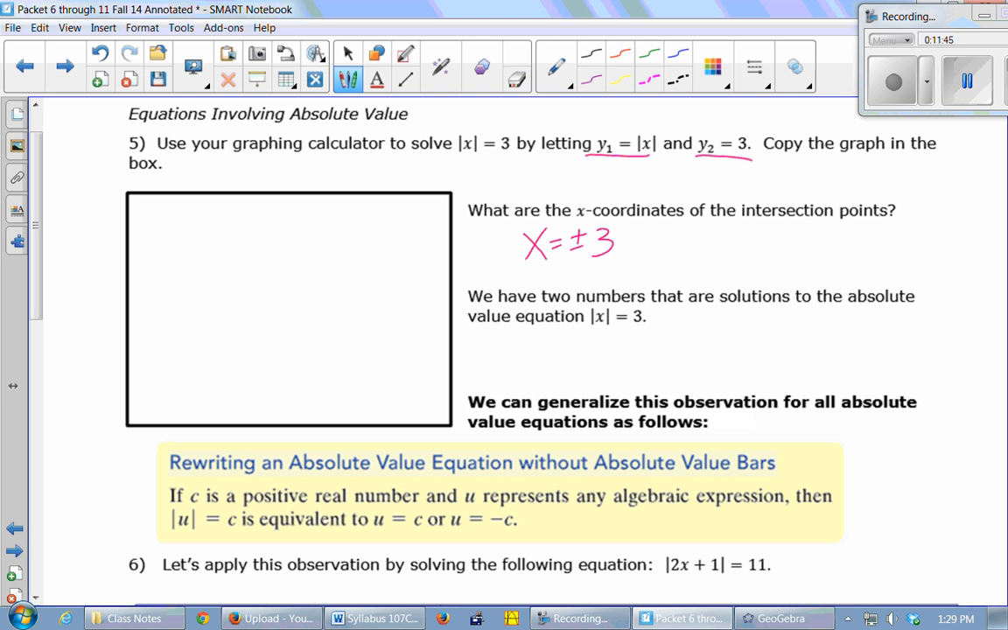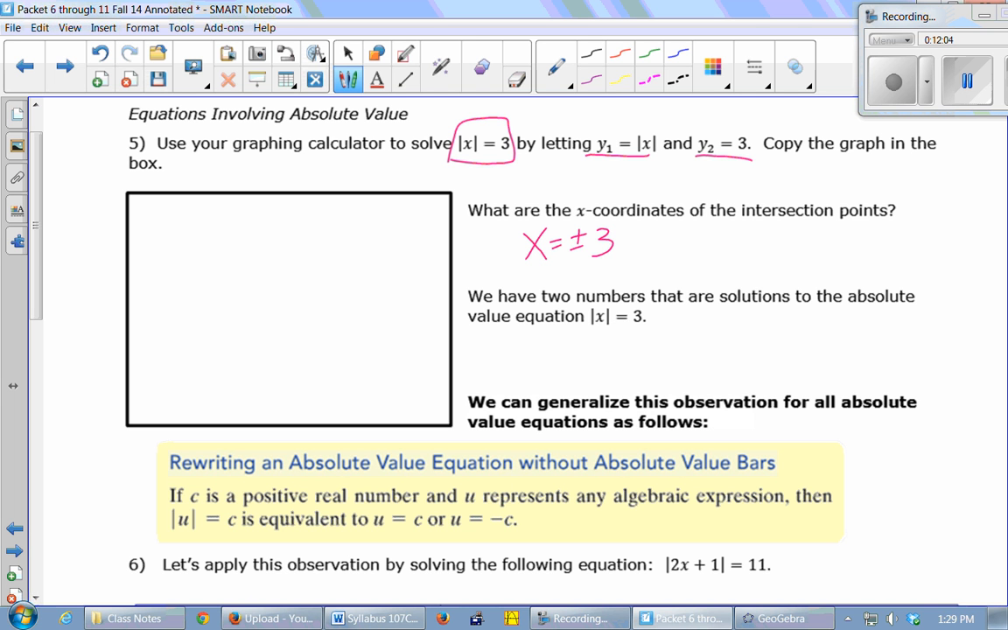Does that make sense that those are the only two solutions to absolute value of x equals 3? Yeah, I mean, if you're talking about what numbers have an absolute value of 3, well, the absolute value of 3 is 3, and the absolute value of negative 3 is 3. So we're going to be able to generalize this